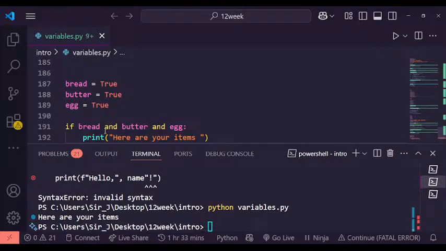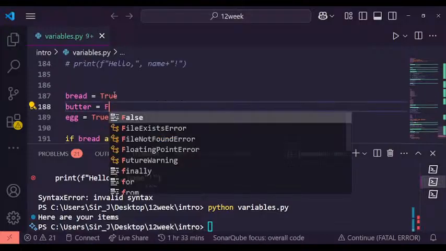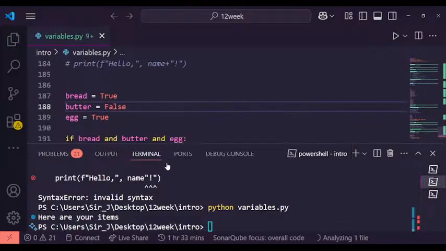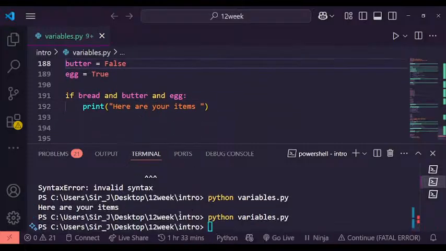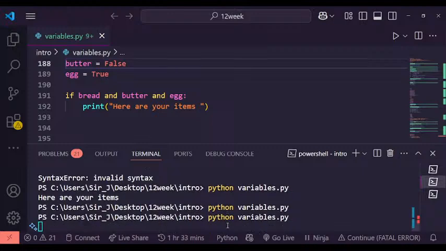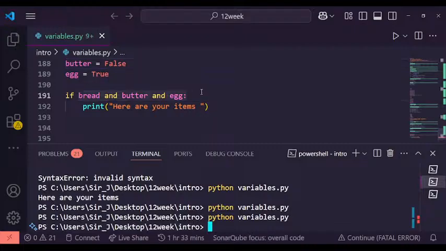So if butter is true and bread is false, it will return false. If we change this to false, for example, it will return false. Okay, it's not even returning anything. Why? Because there is no else clause, and because it's not meeting the criteria that we've specified here. There is no else clause, so it has not seen any other condition apart from this first condition, so it's not